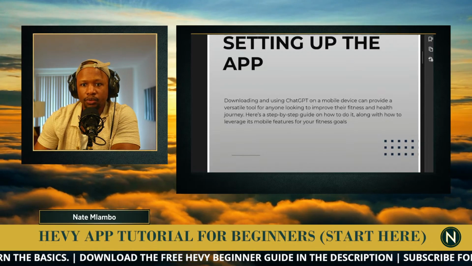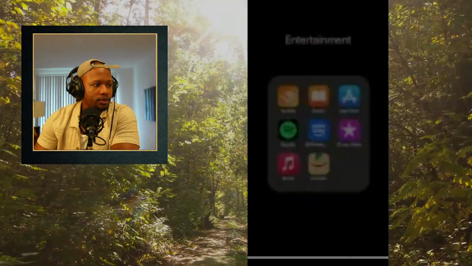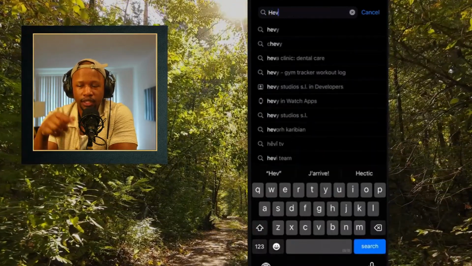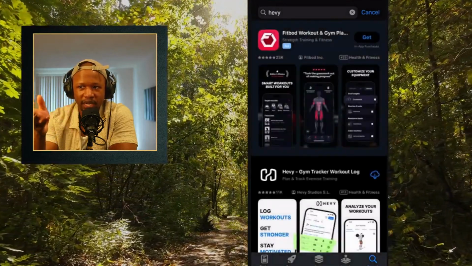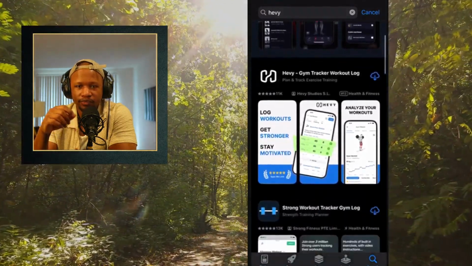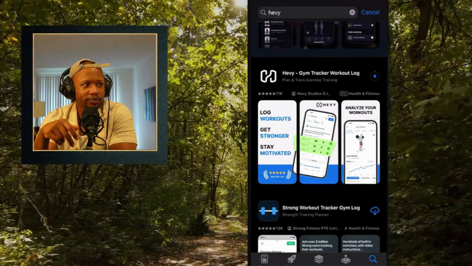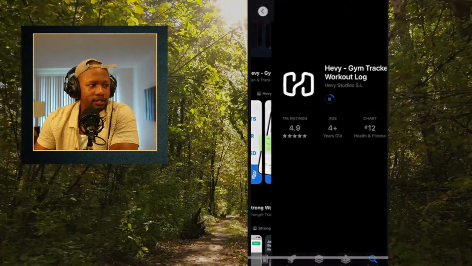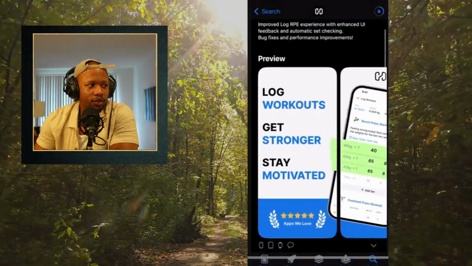Okay, so now we're moving on to downloading Heavy onto a phone. So downloading Heavy, you want to go into your app store, whether you're using Apple or you're using Android, doesn't matter. Just go into your app store and look for Heavy. When you look for Heavy, you're going to find it's going to be black and white, and you can download Heavy onto your phone. Once you download it, it's going to load, and then it'll take time to load, and then you're going to find,